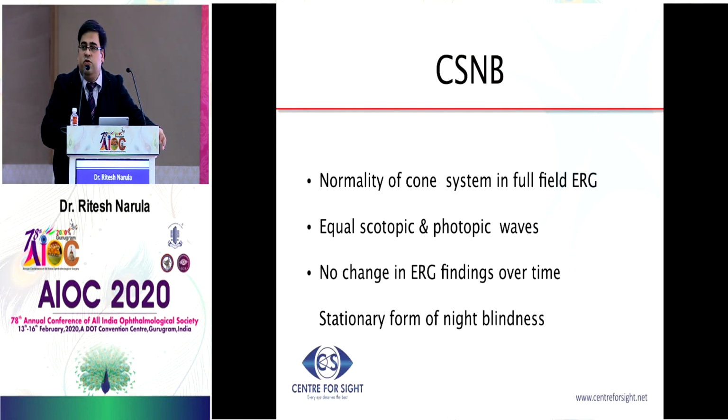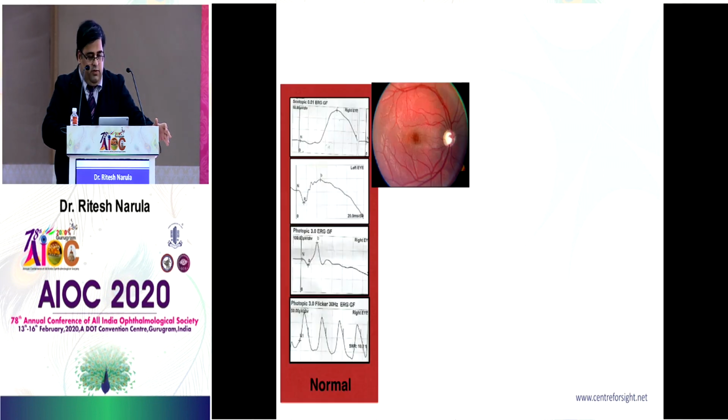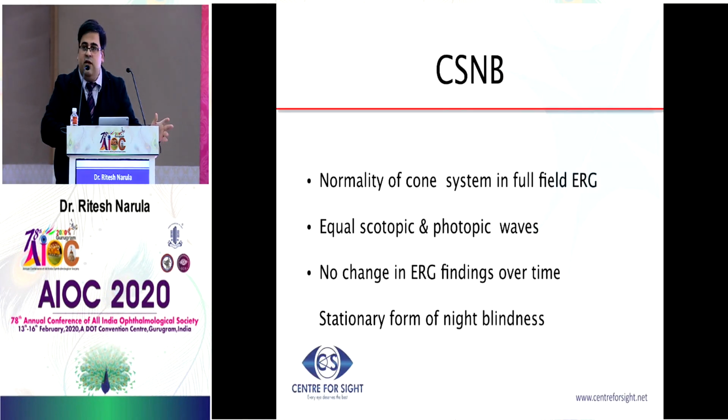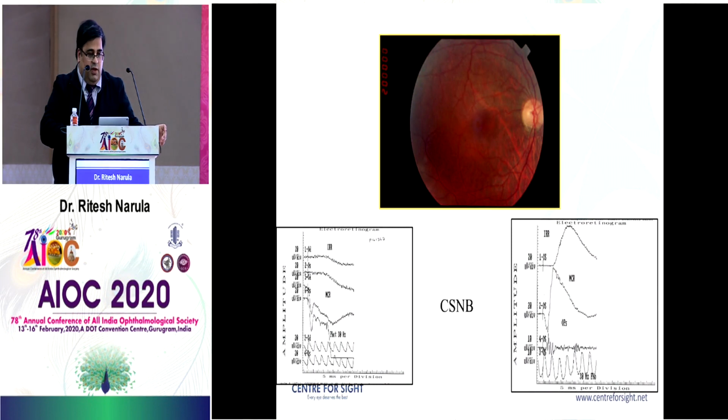A very similar feature is also seen in something called congenital stationary night blindness. These are patients who don't have bipolar cells for rods. So they're abnormal. There's no split, but their bipolars are abnormal. This kind of an ERG which you see is called an electronegative ERG, where you have only a negative wave but nothing positive going. It is typically seen in CSNB, X-linked retinoschisis, and one acquired condition also. Can anybody tell me which acquired condition has an electronegative ERG?